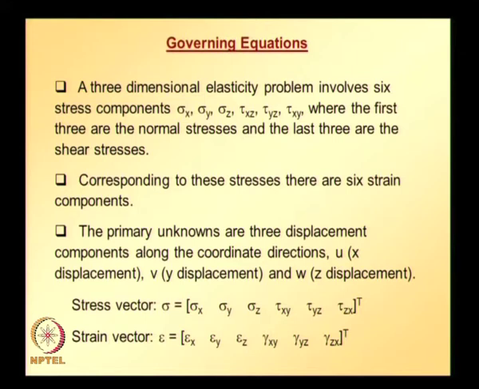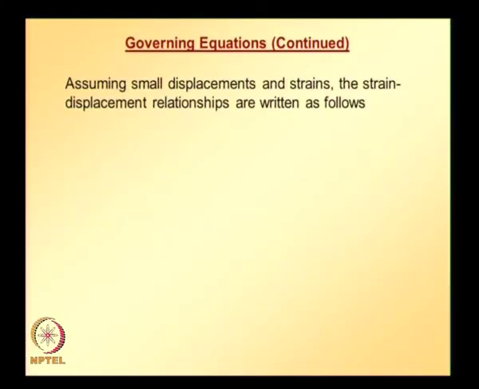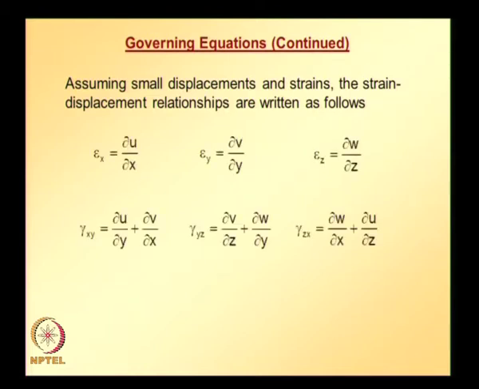And now we need to know how these strains are related to displacements. As we already looked at for planar and axisymmetric elasticity problems, under small displacements and strain assumptions, strain displacement relations for 3-dimensional elasticity problems can be written like this, that is epsilon x is partial derivative of u with respect to x, epsilon y is partial derivative of v with respect to y, epsilon z is partial derivative of w with respect to z, gamma xy is partial derivative of u with respect to y plus partial derivative of v with respect to x, gamma yz is partial derivative of v with respect to z plus partial derivative of w with respect to y, gamma zx is partial derivative of w with respect to x plus partial derivative of u with respect to z,